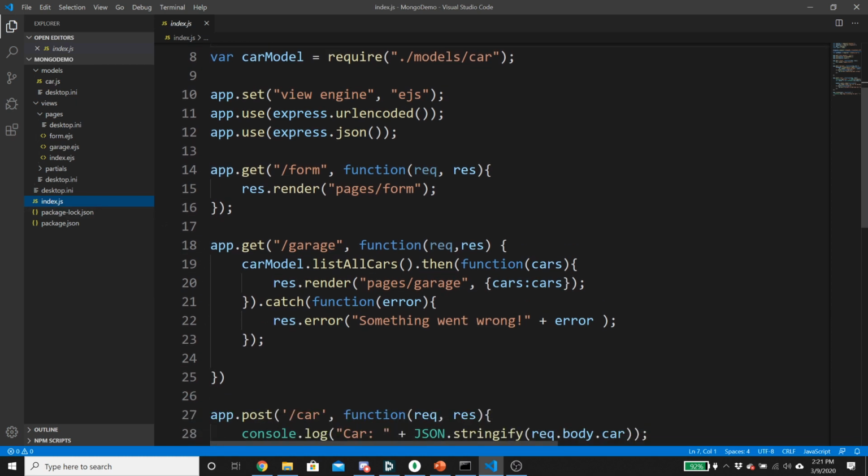Okay, and then if I get garage, this is where we start doing some database work here. If I call garage, what I look up first is car model list all cars. So it hits the database, prints out all the cars that are in that database, and returns it here as this car data structure, which will just be the equivalent to an array of the JavaScript objects